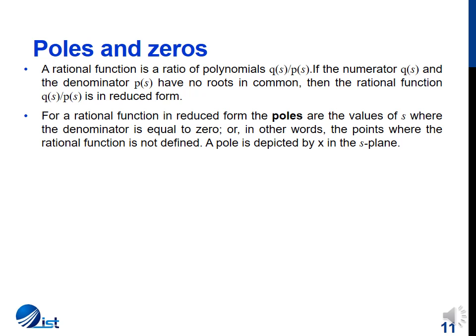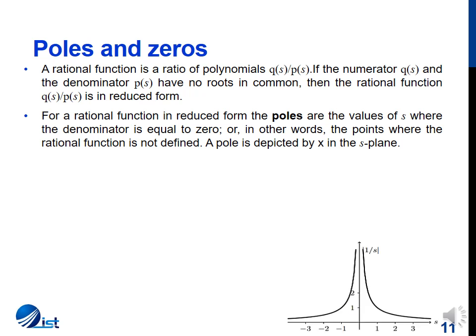For a rational function, the roots of the denominator P(s) are known as poles of the system. These are the values where the function is undefined, because if the denominator is 0 or is being multiplied by a factor 0, which means the entire denominator is 0, then our function becomes infinite. So a pole means something which is very high. At a pole, the value of a function will be infinite, will be very high, which can